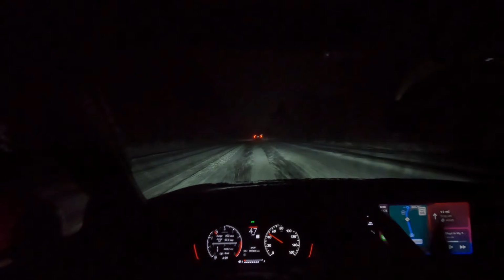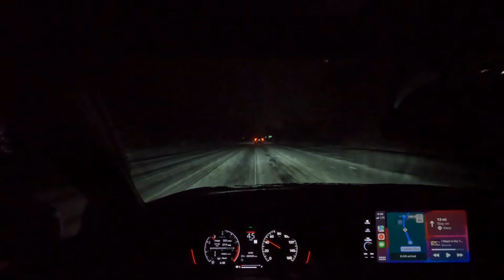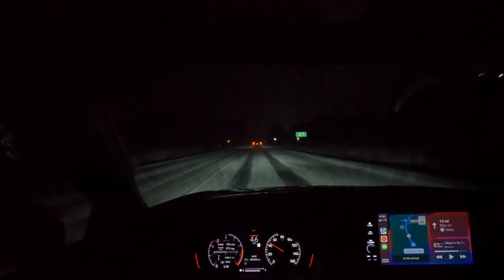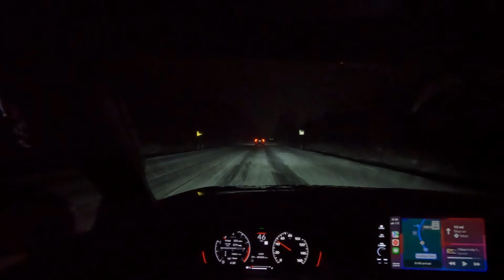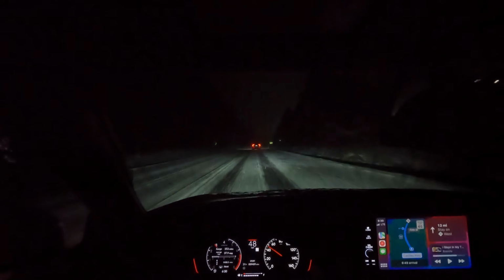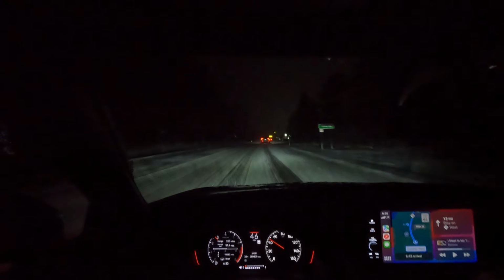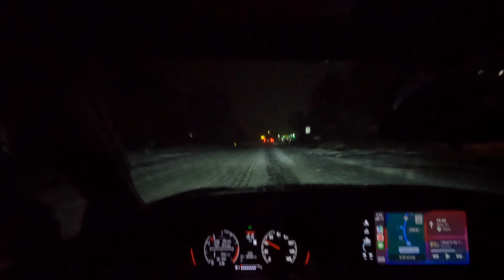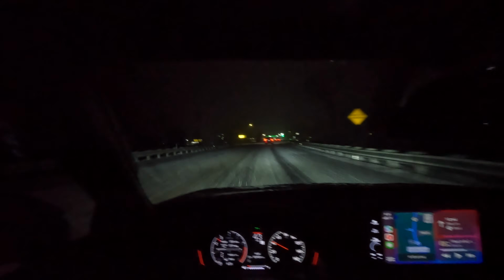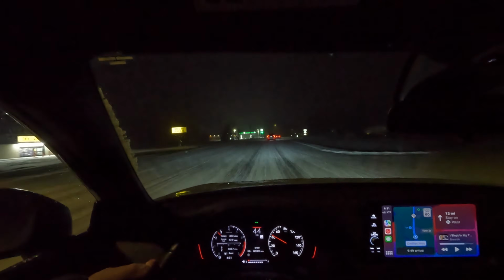Well, in this case, it's slow car slow, but I haven't even done any performance upgrades to this car, so there's things I can do to improve it slightly. I could get like 30 more horsepower or so. With a car that's only 200 horsepower to begin with, you're going to feel 30 more horsepower. Now the Type R has like 300 horsepower. You'd definitely be able to tell the difference between the Si and the Type R. But for how much I drive and how I drive, I think the Si is plenty adequate,